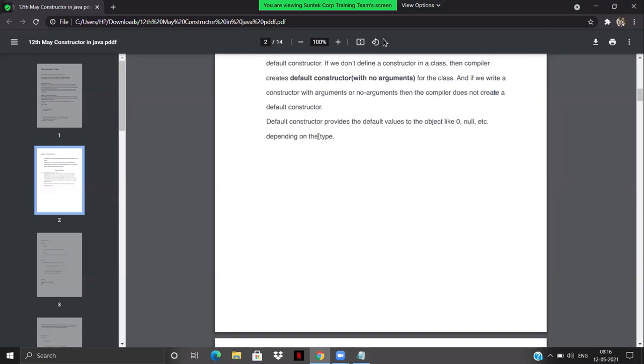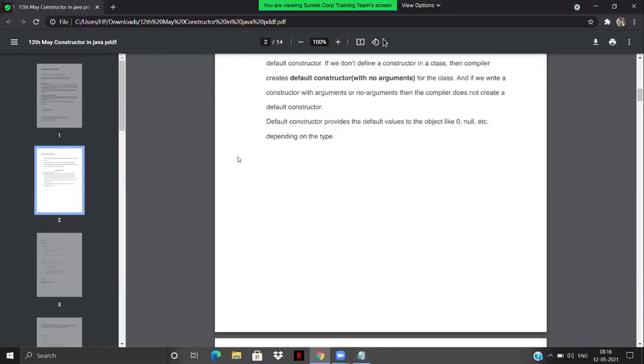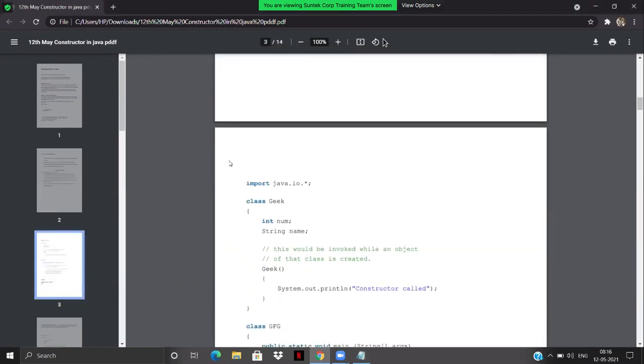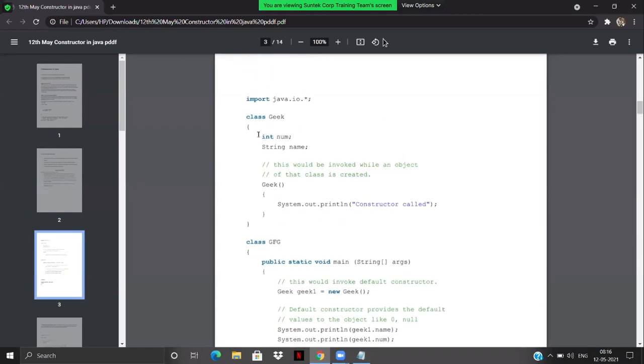Depending on the type. So let's say I don't define anything over here, and here I have the variables. Let's have a look at the example. What exactly are they doing? They have a class Geek. Inside this class Geek, I have 2 variables, num and name.